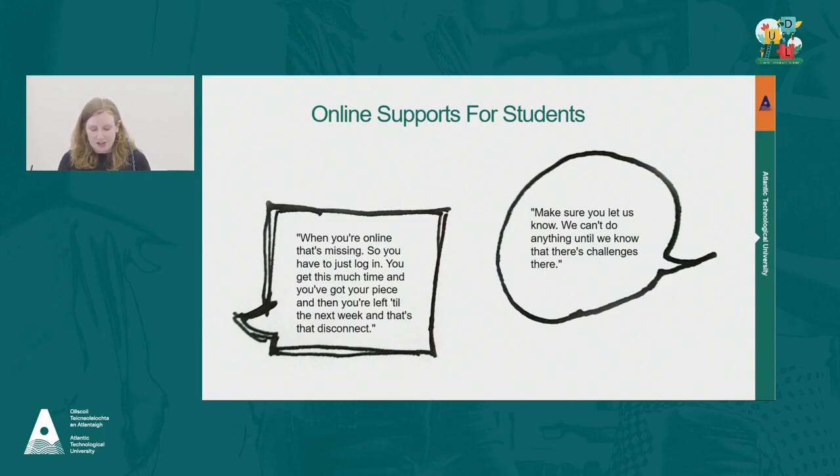So issues of providing a support community for online learners were really borne out during these sessions. As one student described it, when you're online, that's missing. You just log in, you get this much time, you've got your piece, and then you're left until the next week, and that's the disconnect. And a lecturer alluded to the limitations of an accommodations-based model inadequately supporting students' needs when they said, students need to make sure you let us know. We can't do anything until we know that there's a challenge there. I think that came up in the questions earlier,